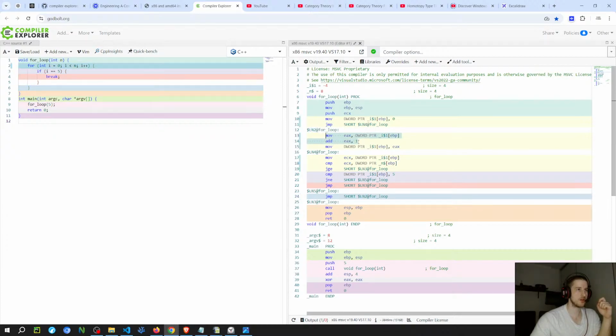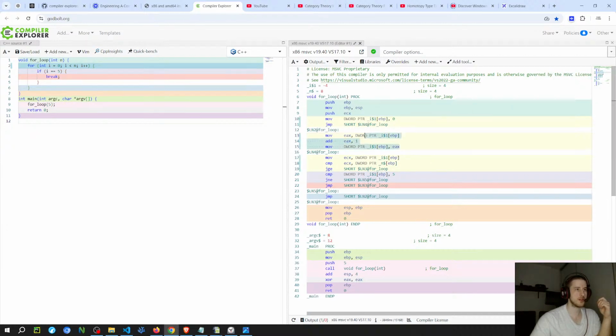Yeah, it's going to increase I by 1. So it moves the value of I to EAX, then increases EAX, and then it moves EAX to I again. So basically updating the value of I on the stack.